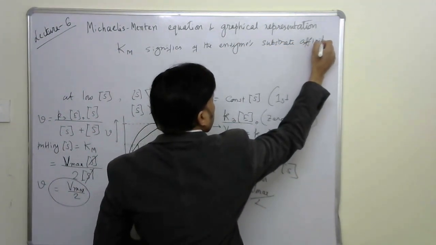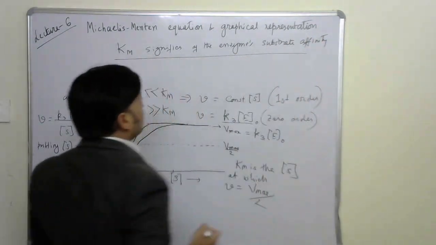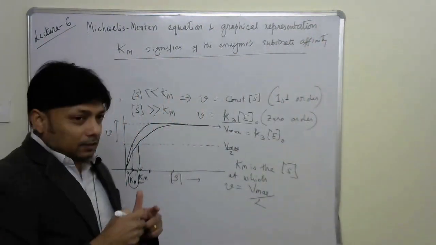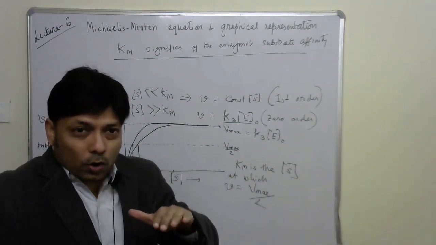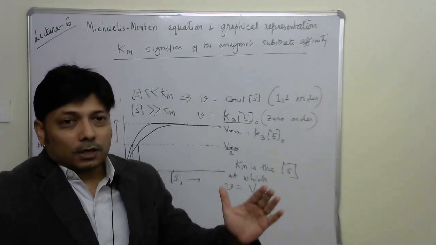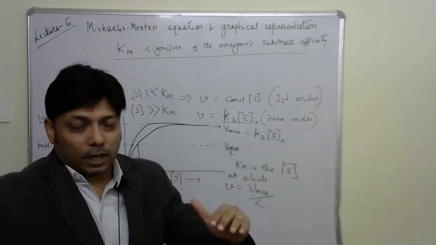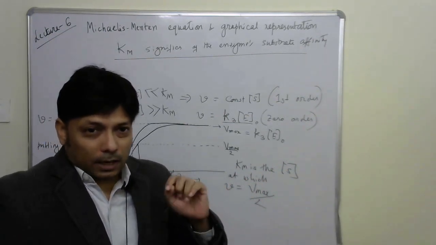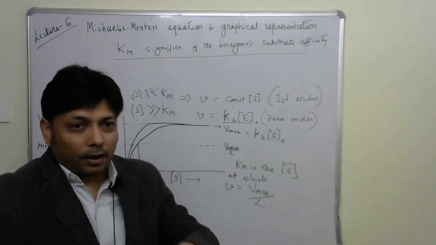So that means, of course, that when we say that at a lower substrate concentration the enzyme is performing at its best value, that means Vmax, we can tell that the enzyme has the higher affinity